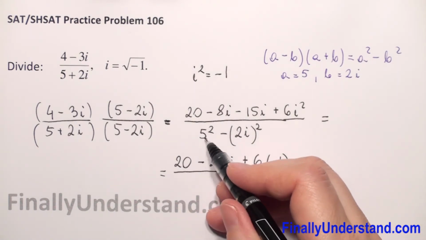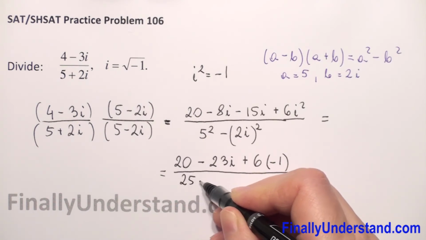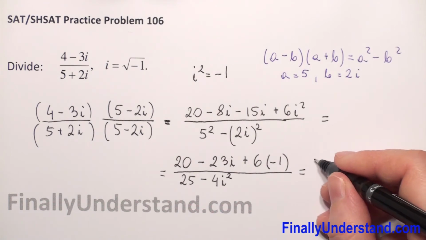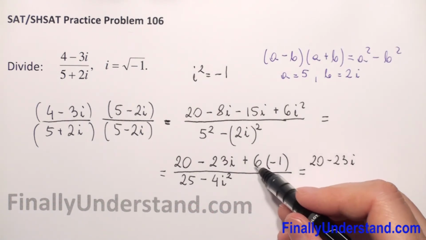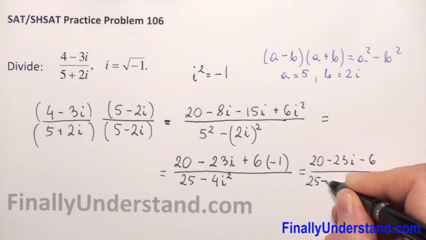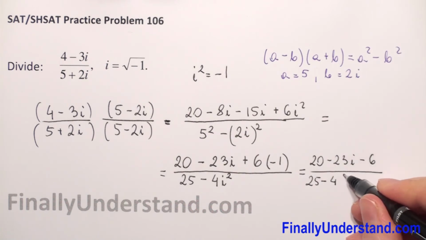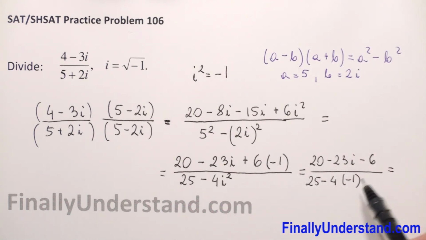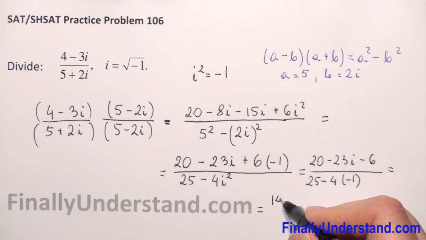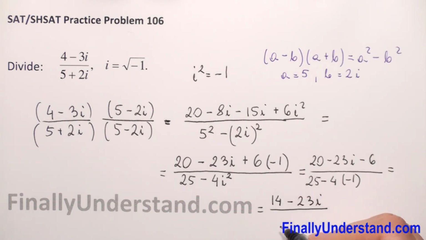Over, and in the denominator we have 5 to the second power is 25, minus (2i) to the second power, so this is 4i squared. So this is equal, we have 20 minus 23i, 6 times negative 1, so it will be negative 6, over 25 minus 4, and i squared, like I said, is negative 1. So we substitute i squared by negative 1. So this is equal. We have 20 minus 6, again we combine the like terms, is 14 minus 23i over 25, negative 4 times negative 1, so it will be 25 plus 4, so this is equal to 14 minus 23i